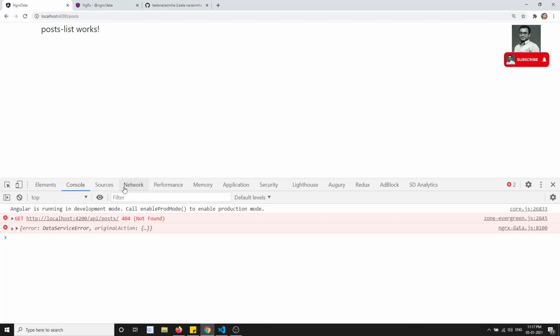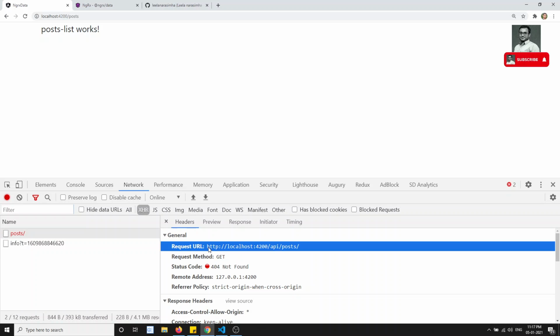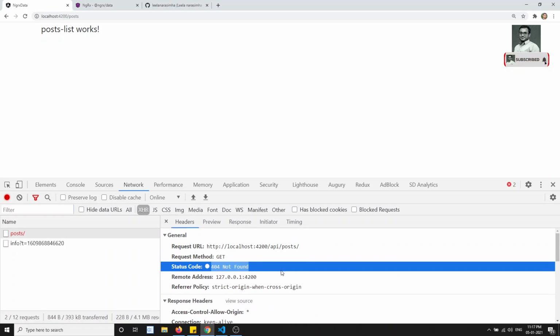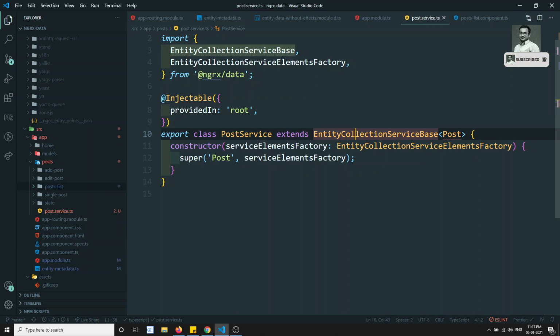If you see here, I am nowhere calling this API, yet it is trying to call an API URL, http://localhost:4200/api/post. It is trying to do a GET request and somehow getting a 404. So what is this doing? NgRx Data is smart enough that we have created a service, and when we extend this post,